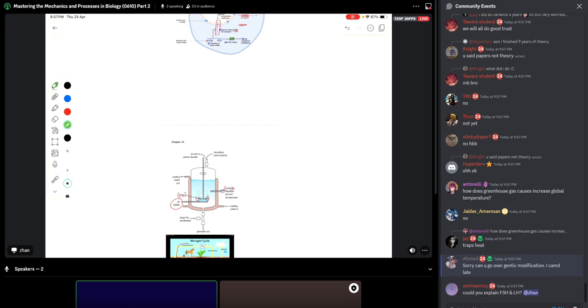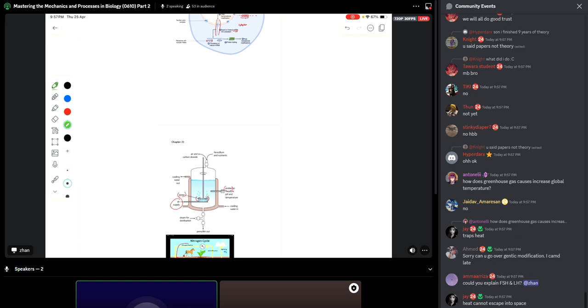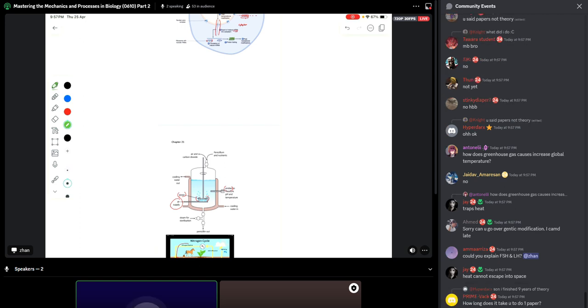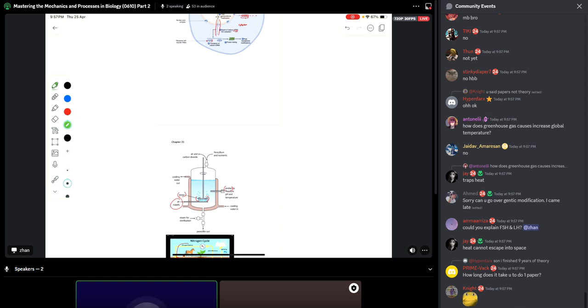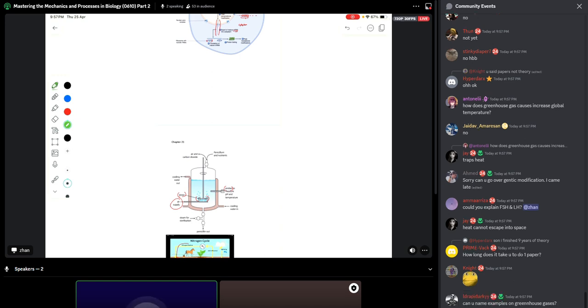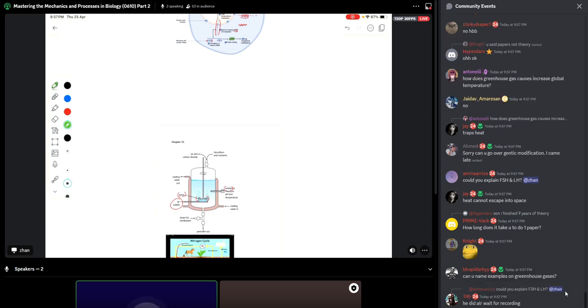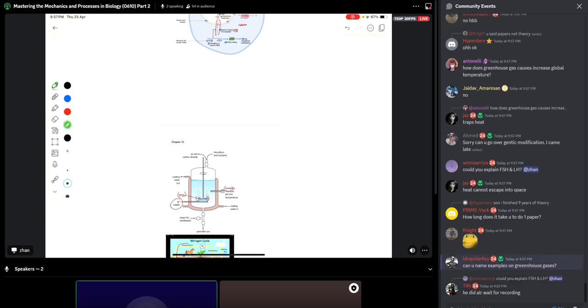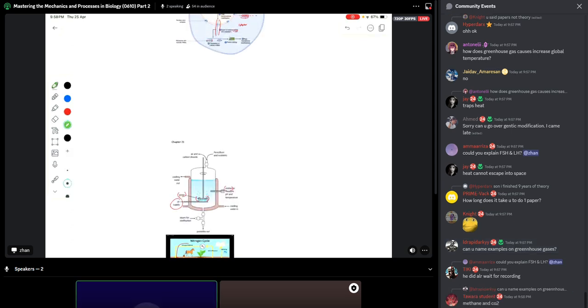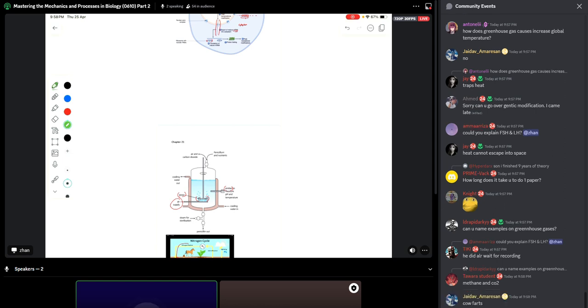Of course, the increase in average temperature is caused by methane gases. The carbon dioxide and methane concentration is very high in the atmosphere. Then this will enhance the greenhouse effect, and this eventually will cause climate change. Can you name examples of